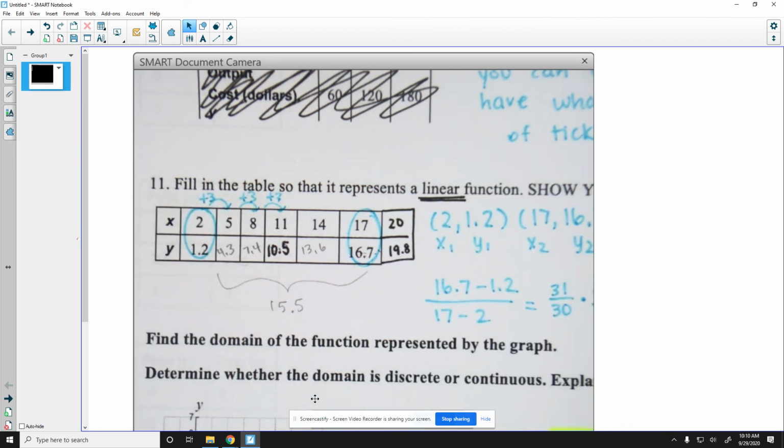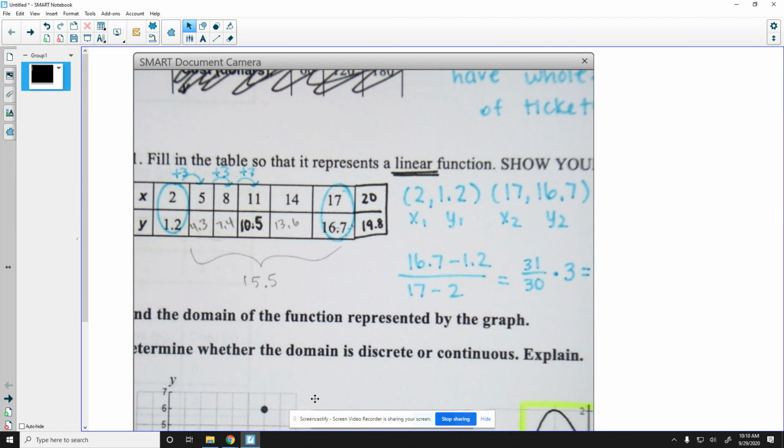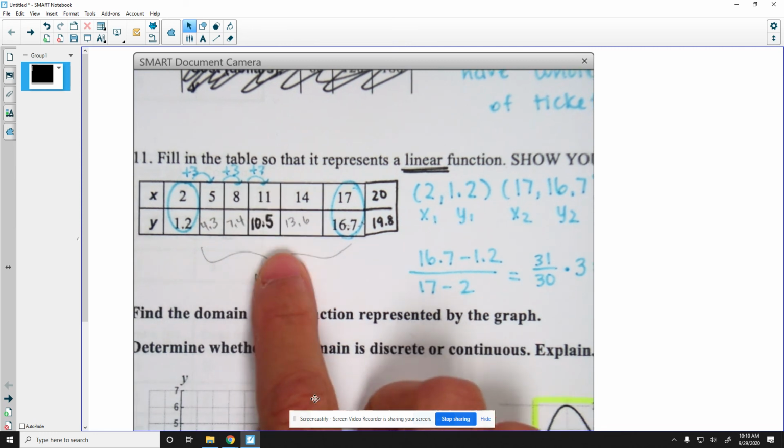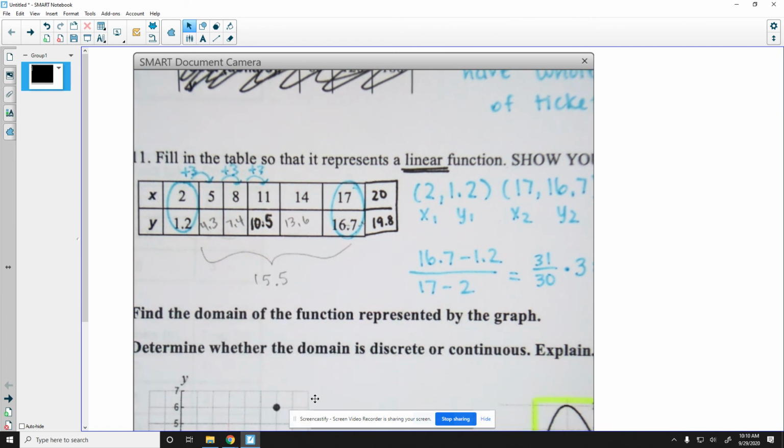Okay. All right. Are there any final questions? I know that this one was kind of hard. It takes a little bit of practice. That's why I saved it for last. Okay. Then